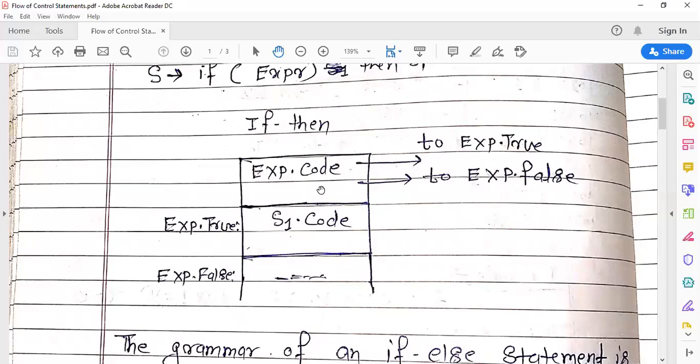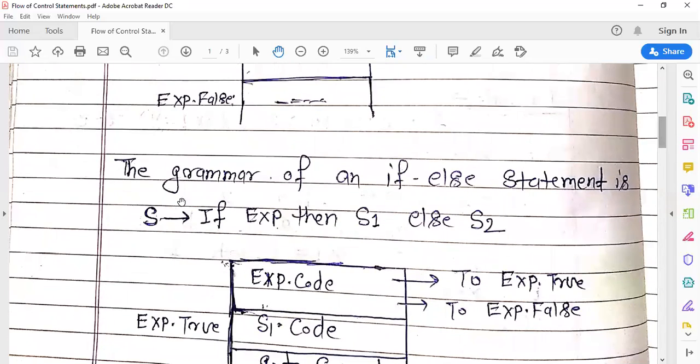Basically in the if then there are two components: the first component is the boolean expression, and the second component is the true statement code. If this expression is true, our control jumps to exp.true, and if it is false, control jumps to after the exp.true code, to the next statement after this statement.